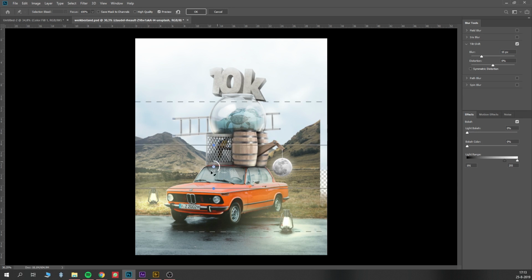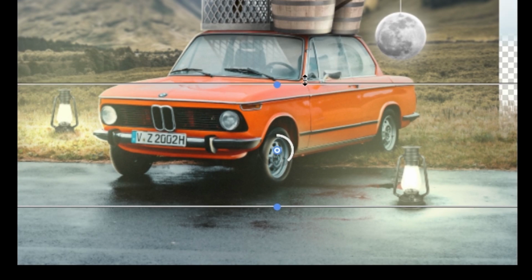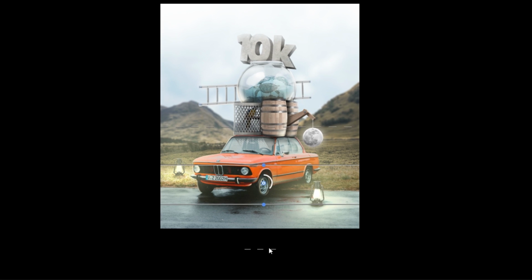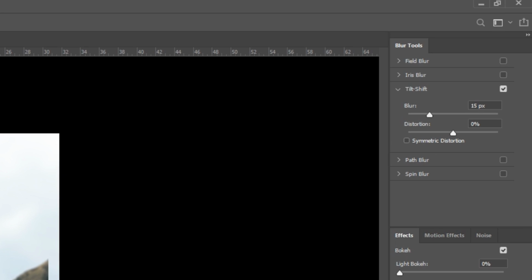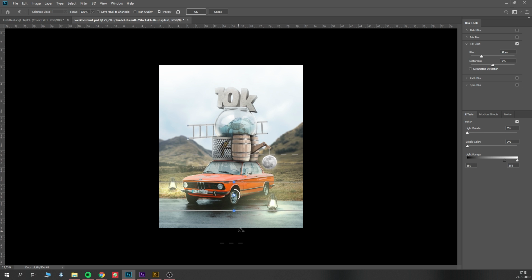The center point you see here is the area in focus, which means no blur. The entire area between these two lines is all in focus. The space between these two lines is the transition between 0 and the amount of blur you select here. First, I'm gonna put my center point on the bottom of the car because that's gonna be in focus. Drag the first two lines to a point that's the last point which is in focus. Behind those lines, the blur starts to happen.